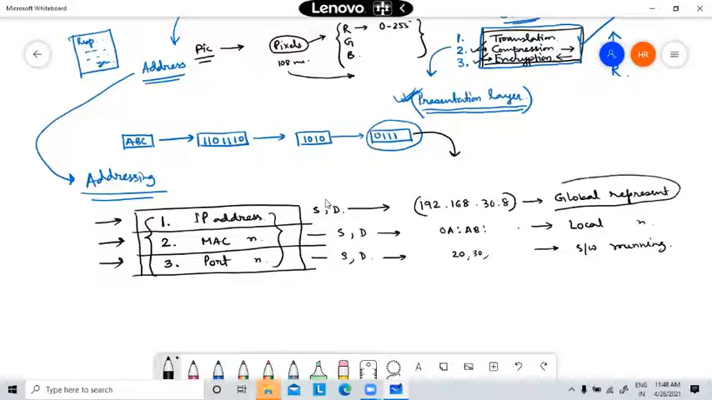See, global representation means, suppose, take, where is Mr. Keshav? Yes sir. हाँ केशव, आपको घर में कौन सा नाम से बुलाते हैं? आकाश. आकाश. तो देखिए इसका मतलब